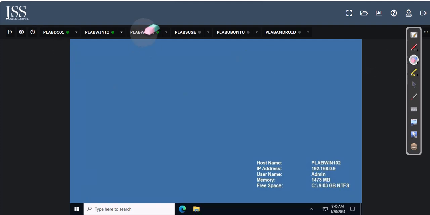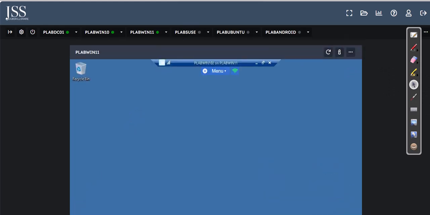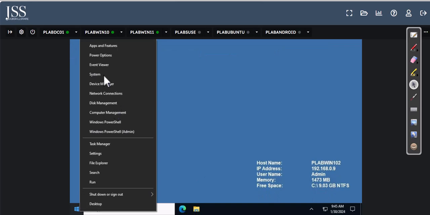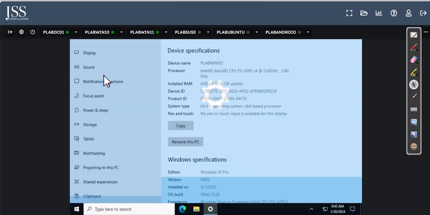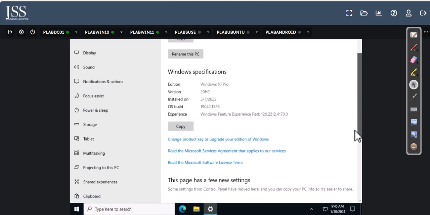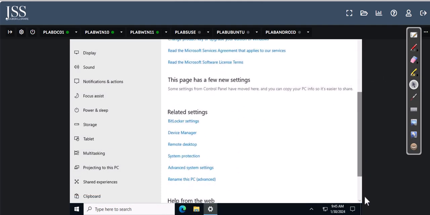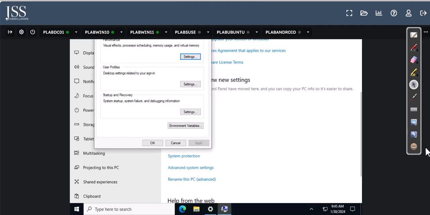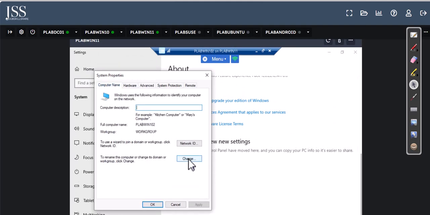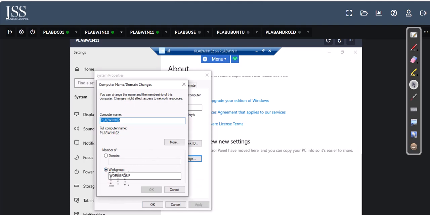So we are in PLAB 111, Win11, and we open the virtual machine. Let's confirm that we are in the virtual machine. Yes, we are in 102. Let's go to the system. Right click on the start, go to system, and in any other Windows operating system, you just need to find where the system settings are. If I come all the way down, it says advanced system settings, and here you go, we got it. In computer name, if I click on change, you see that this machine is under